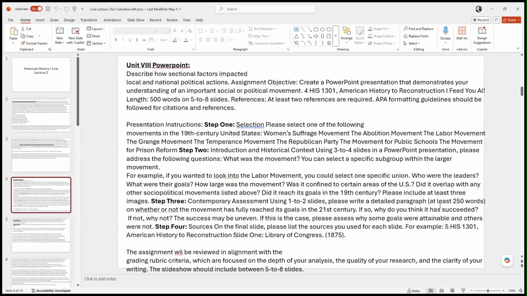On the last slide is where you should put your citations and your references. And there's an example here of how to cite if you have a picture or whatever you want to put on there. So it's not too difficult of an assignment. It's kind of fun actually, and you can choose some different pictures and stuff. So that's your last assignment for the class.